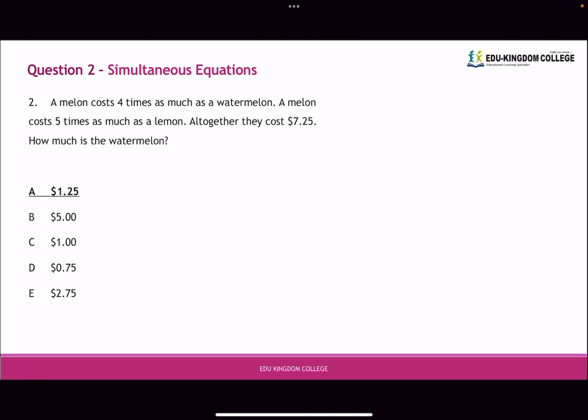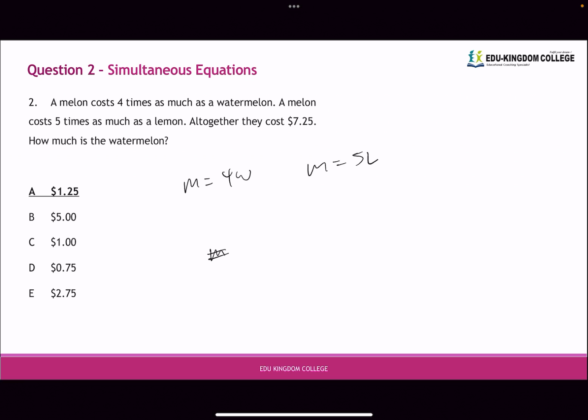Now, question 2, a melon costs 4 times as much as a watermelon. A melon costs 5 times as much as a lemon. So, melon equals 4W, so 4 watermelons. Now, a melon equals 5L, or 5 lemons. Altogether, they cost $7.25. So, we have a melon, actually. Let's say,